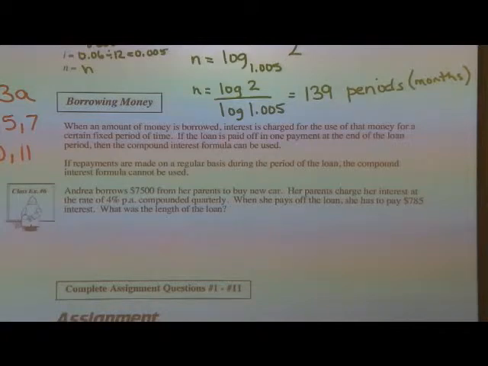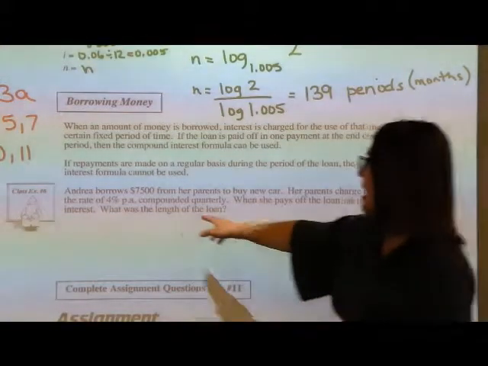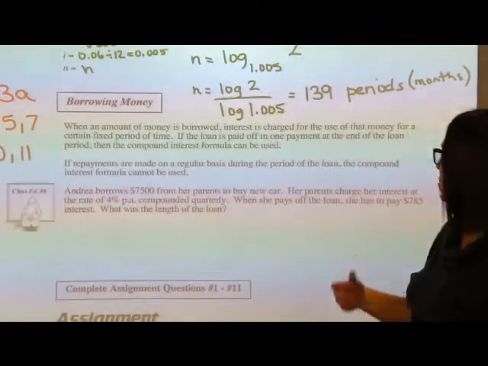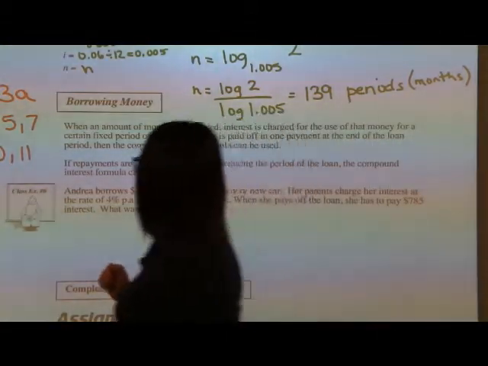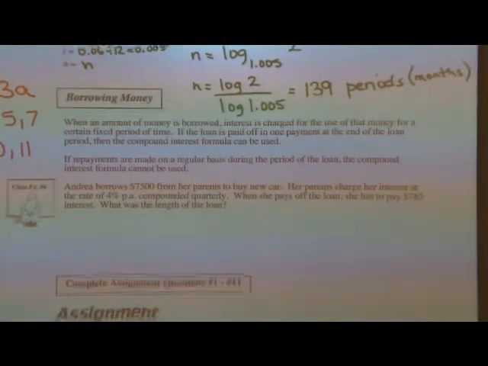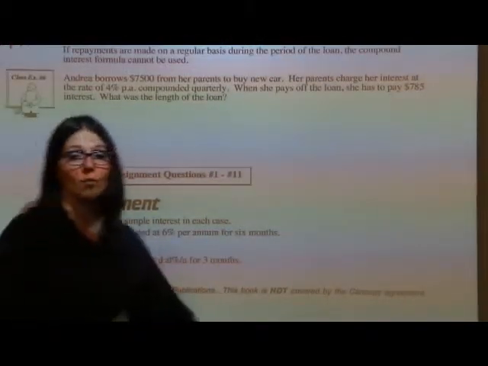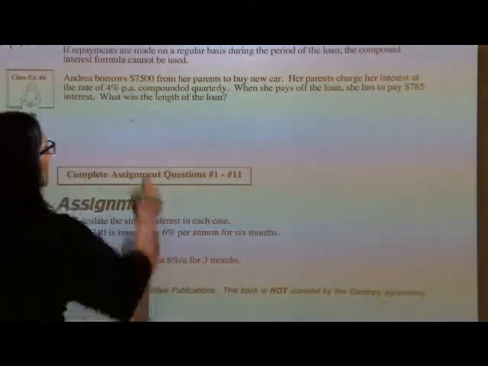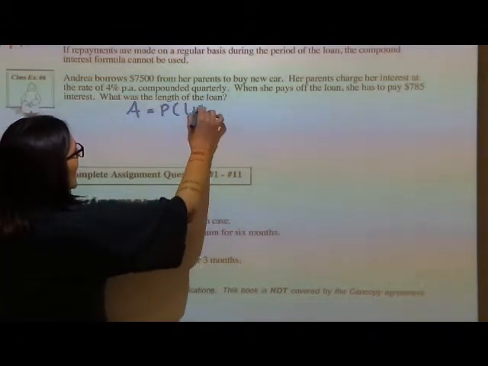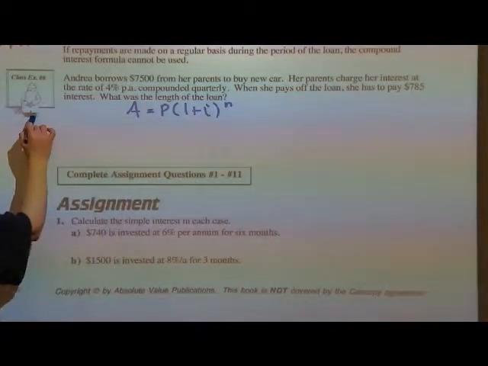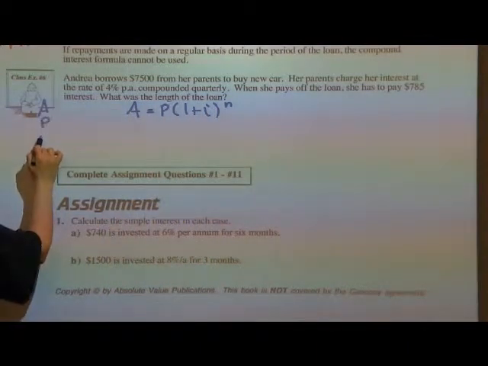So Andrea borrows $7,500 from her parents to buy a new car, and her parents are charging her interest at a rate of 4% PA, which stands for per annum, compounded quarterly. When she pays off the loan, she has to pay $785 interest. So the question is, what was the length of the loan? So if I look at my formula, A equals P times (1 plus i) to the power of n, and then I look at my variables,